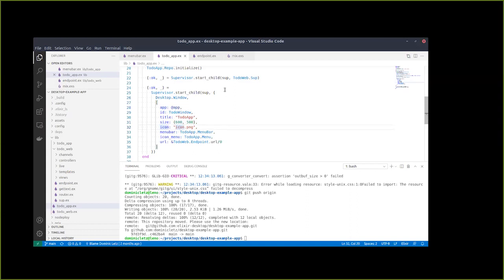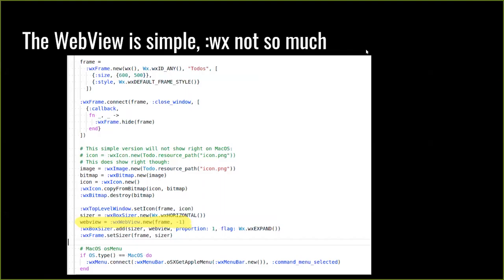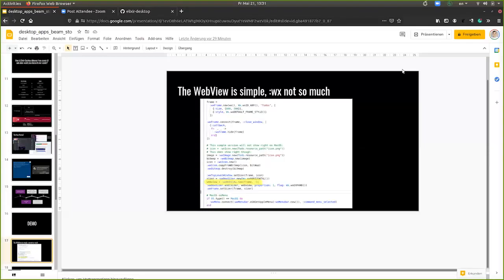Then we define here two children of this: we want to have a menu bar, and we want to have an icon menu. And finally, we pass it a URL. That's the initial URL it should go to, from our normal Phoenix web application, the endpoint URL. So just to show that, I'm going to make this window smaller here.